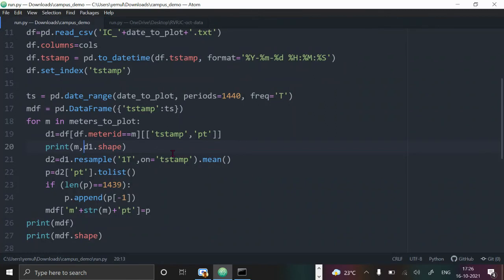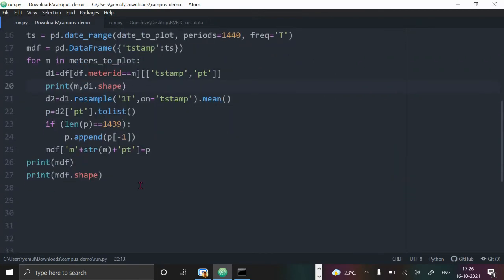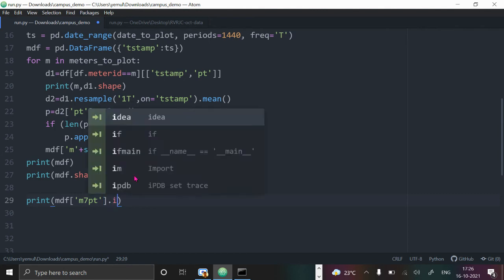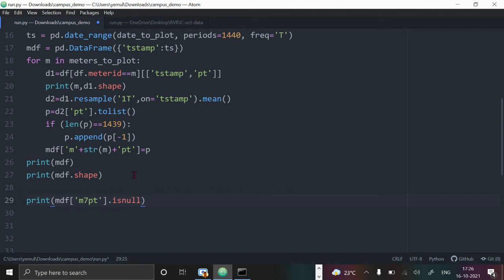Now I can find missing data. I can simply say, for example, print MDF, and here the condition I will give is M7PT is null.